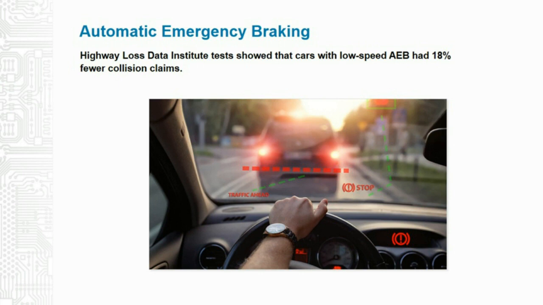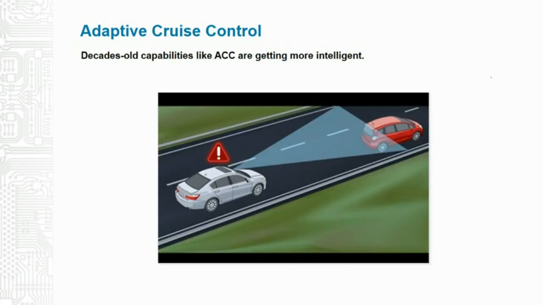Let's take another example that you may be somewhat familiar with, because most cars have cruise control. And adaptive cruise control is an intelligent system that allows the driver to maintain an optimum distance by allowing the vehicle to automatically adjust its speed. In most current cruise controls, there's a little button or switch which is positive and negative, and you can increase the speed or decrease the speed while still remaining in cruise control. Essentially, adaptive cruise control does that for you.